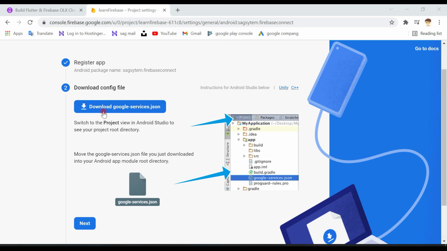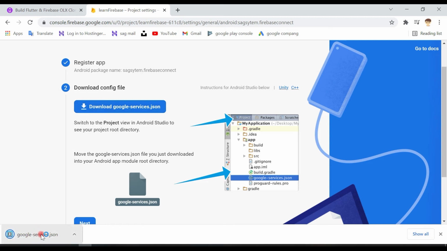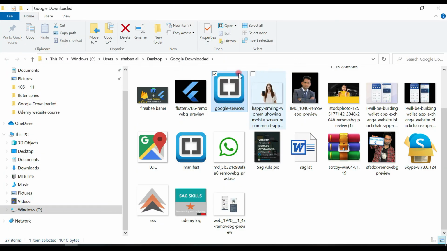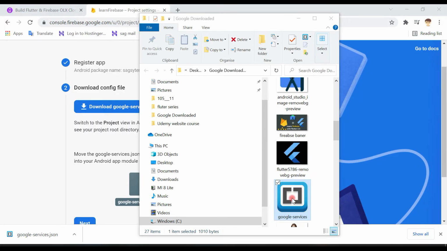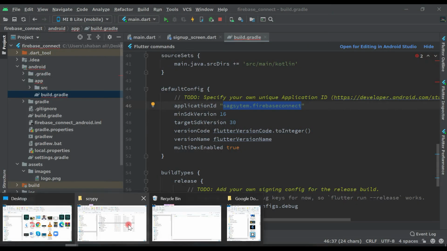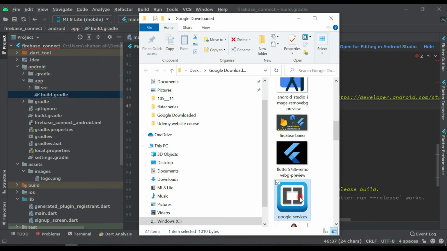Now download this Google JSON file, and you can see it is downloaded. Now open it, and here you will see this file. Now we have this Google JSON file. Open Android Studio and open this folder, this one. Now simply drag and drop it.